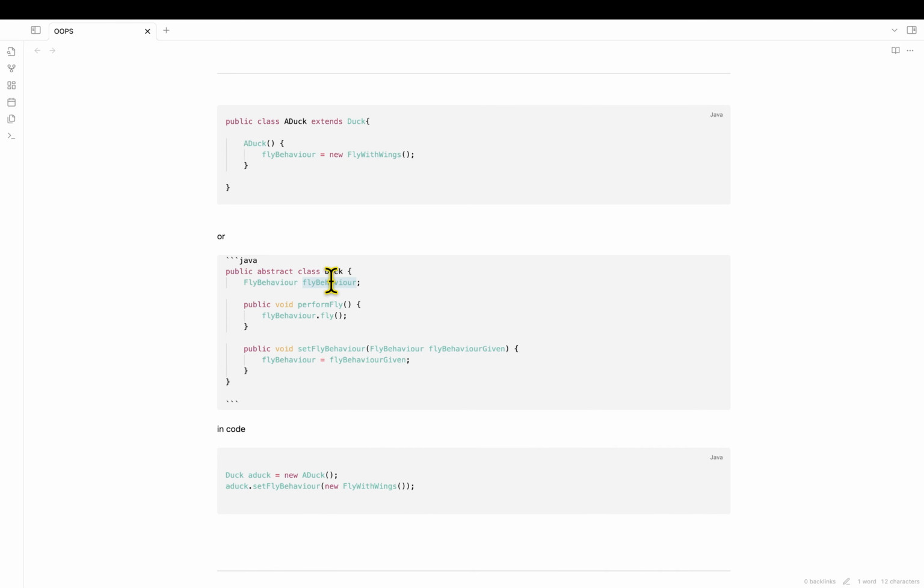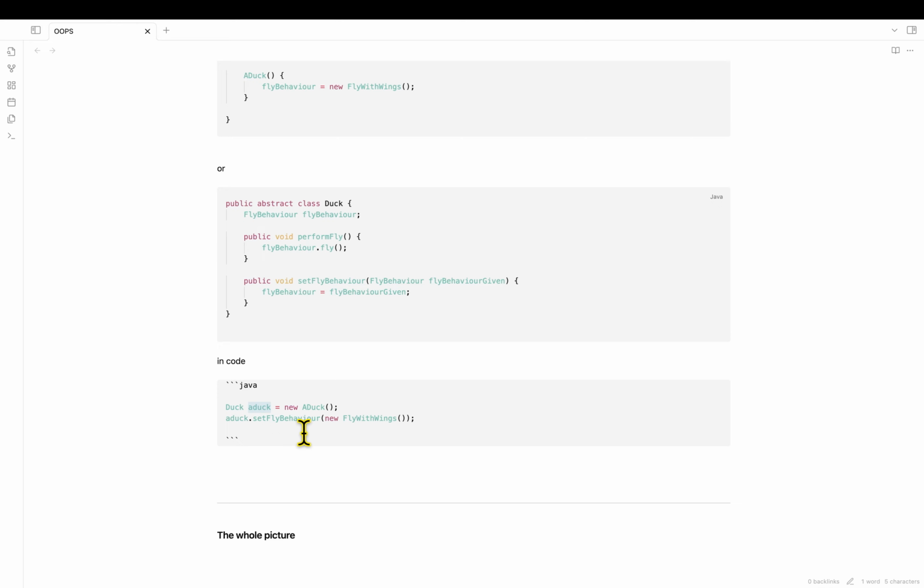So in code it will look like this: a Duck object, and at runtime I call duck dot setFlyBehavior with FlyWithWings. Or let's say tomorrow there's a toy duck, equal to new of its class, and we call toyDuck dot setFlyBehavior with new FlyWithRocketPoweredWings.